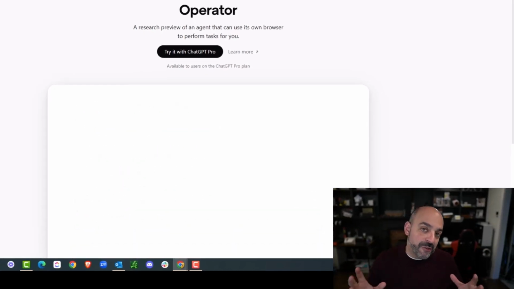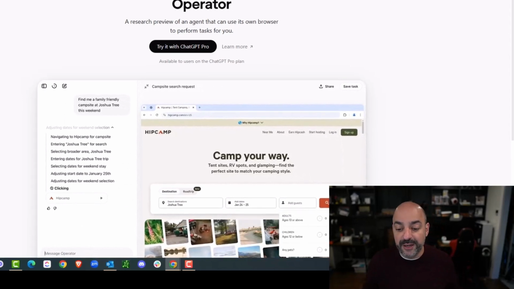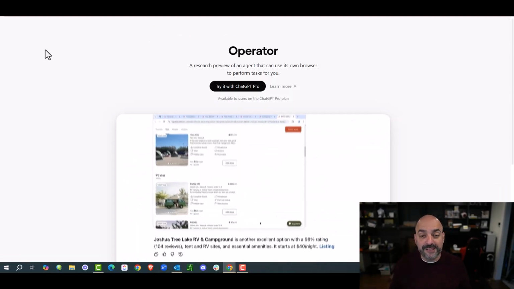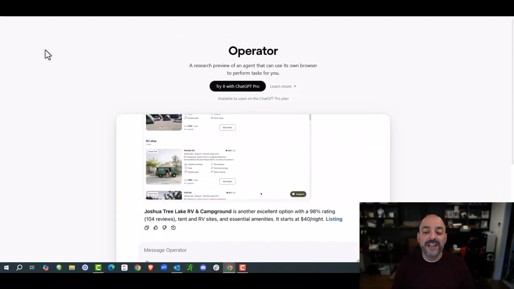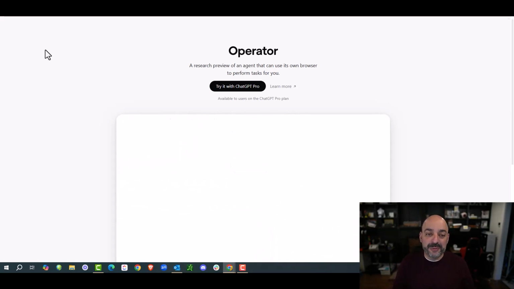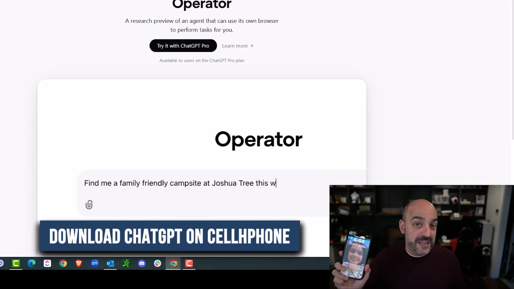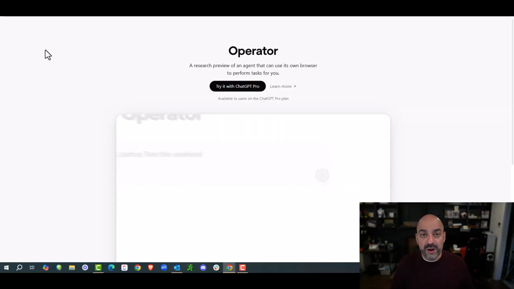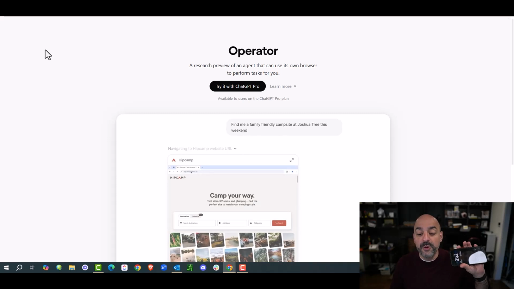Now, obviously, you want to graduate to it. Start on the free plan, have some fun, then go to the Plus plan, create even more bots. Then when you're really, really, truly ready, you can go into Pro and then have basically your whole life automated for you to make it super easy. And again, the craziest part about all this, you download the ChatGPT on your phone and you honestly have about 40 people that can help you, or 40 AI agents that can help you on the fly.